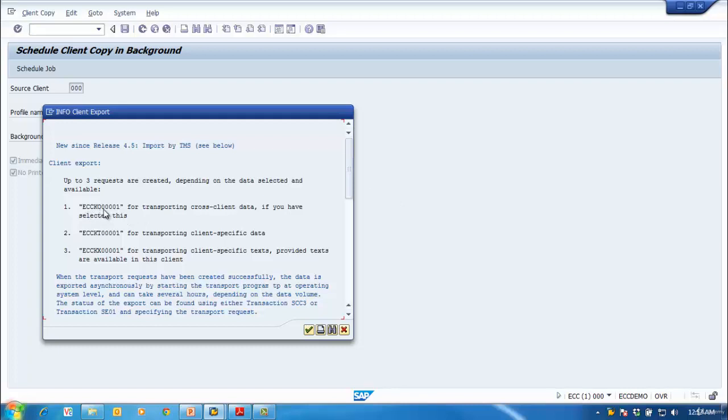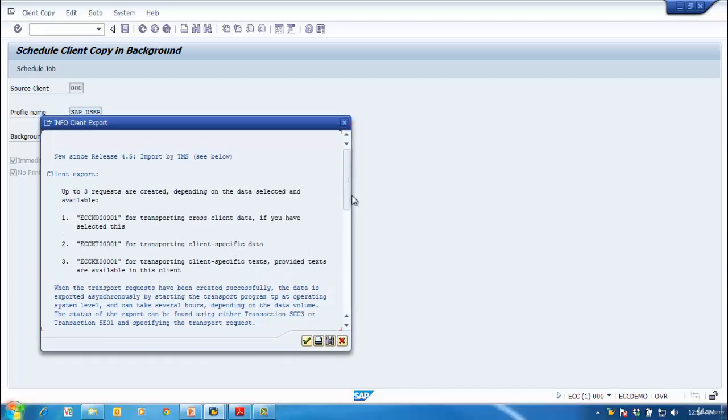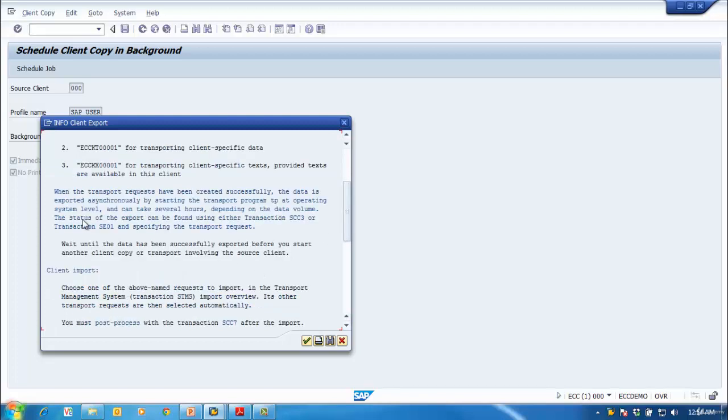This is ECCKO001. This will be cross client data. Then ECCKT001. Then it will be client specific data. Then ECCKX0001. That will be client specific text. Okay, when the transport request is created successfully, data will be exported